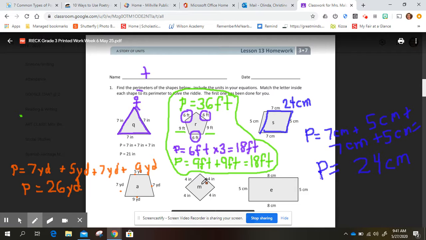All right, this one I feel like is the easiest because they're all 4 inches and there's 4 of them. So all I really need to do is perimeter equals 4 inches. And I could add 4 plus 4 plus 4 plus 4, or I could just multiply it by 4 since there are 4 fours, right? 1, 2, 3, 4, 4 fours. And that gives me 16